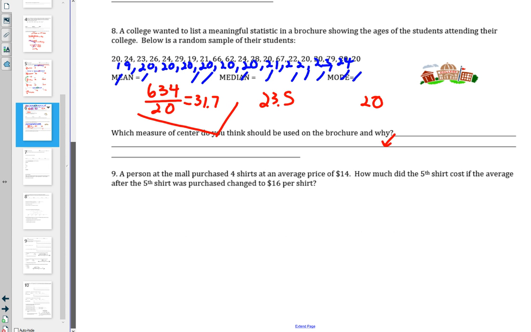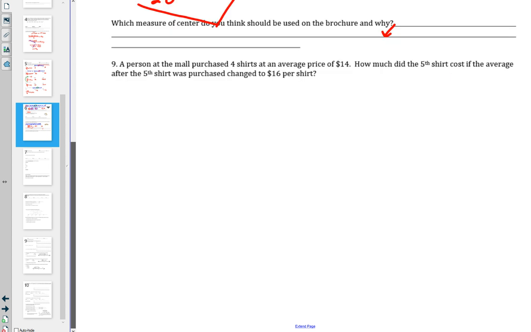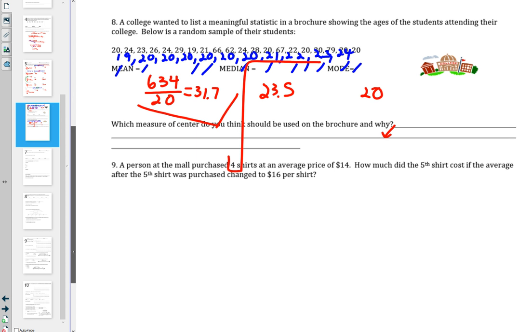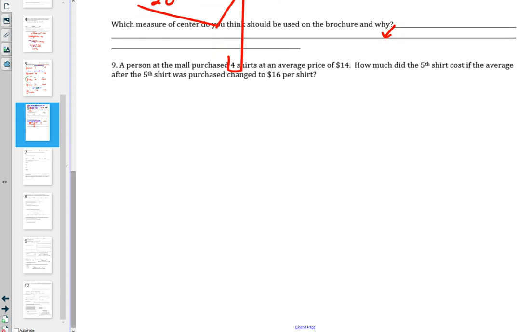All right. A person at the mall purchased 4 shirts at an average of $14. How much did the 5th shirt cost if the average after the 5th shirt was purchased was 16? All right, good. Here, this is another one. Hint. You're going to want to pay attention to this. If I already know that the first 4 shirts